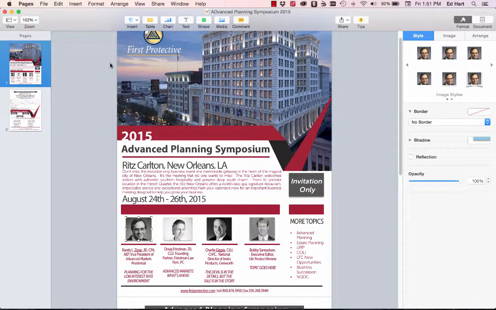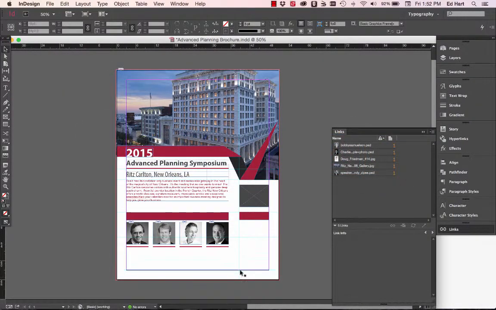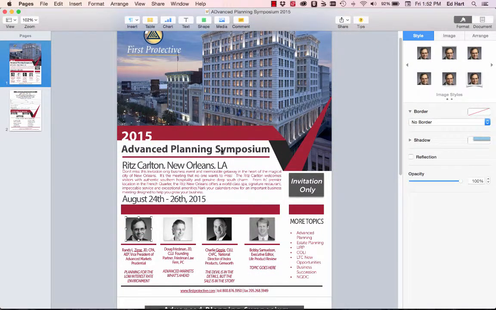All right, welcome to this final installation of my tutorial series on creating a brochure in InDesign. In this final series, we're going to take what we have done, which is mostly completed this, and just fill in the few gaps where there's some headings and some text under these speakers and some elements here on the side. Again, this original brochure was created in Pages, and we're using this as an opportunity to learn how